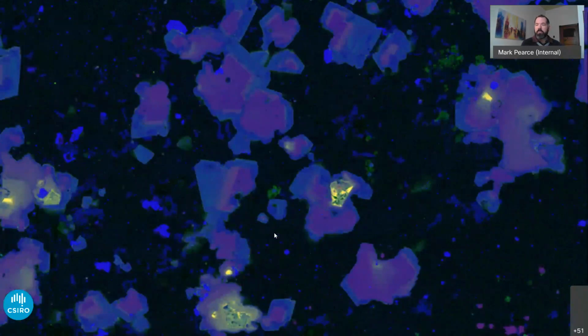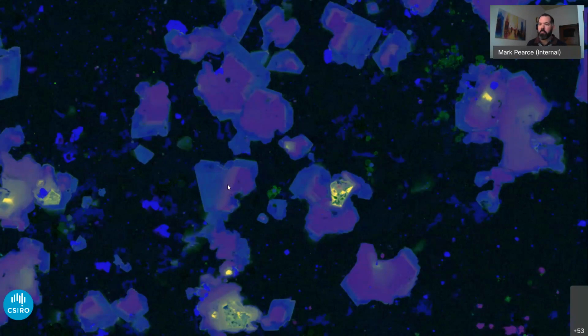If we look at a different part of the same sample, you can see that a lot of these pyrites actually lack the bright yellow cores that were quite striking in the first lot of pyrite. So we've got growth in different parts of the sample at different times as the chemistry evolves. These pyrites also have a more well-developed generation of different composition after this red material was grown, a reddy orange color that occurs before the